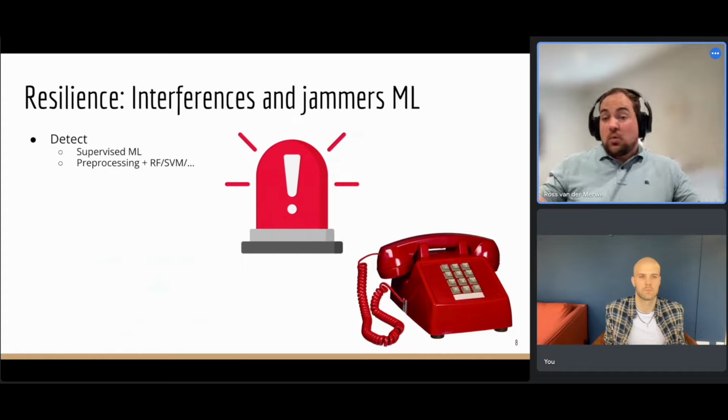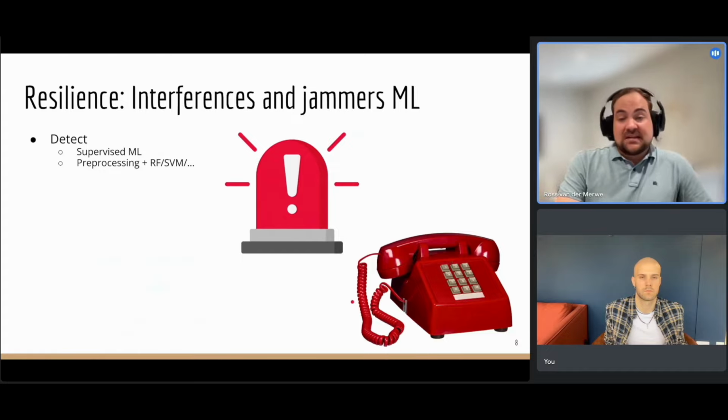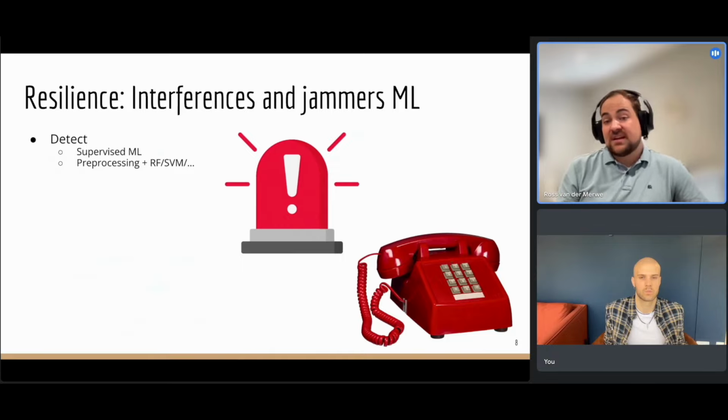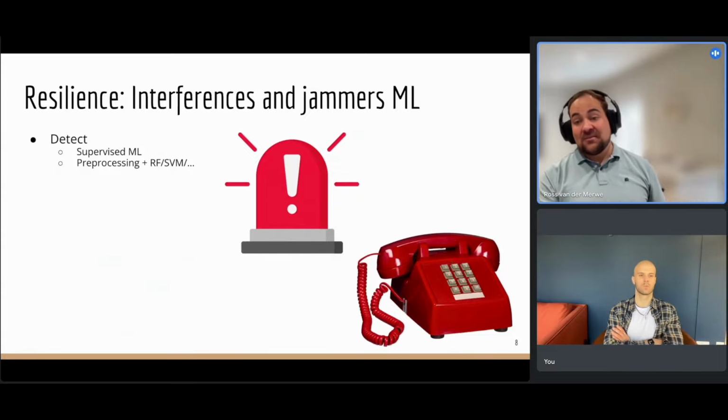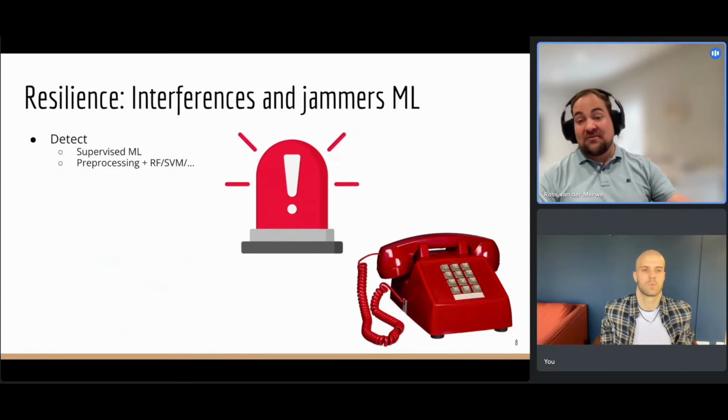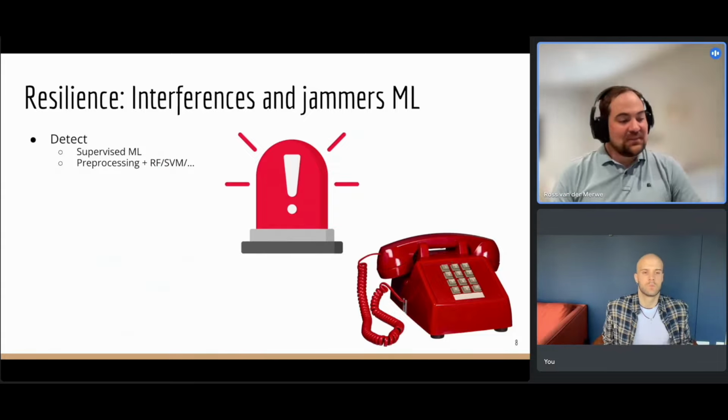And the idea here is, if you detect, you can say, hey, there's a problem. My receiver is aware of it. Or if you're a bit more smart about this, you could call the authorities and say, hey, somebody's transmitting, come check this out, which is the correct action. So if there's any permanent interference, there is in each country some authority that has the mandate to go find them, remove them, or even worse, give them a very big fine. So yes. So the next step is, instead of detection, you can also do classification.